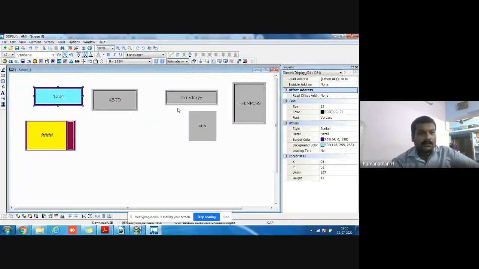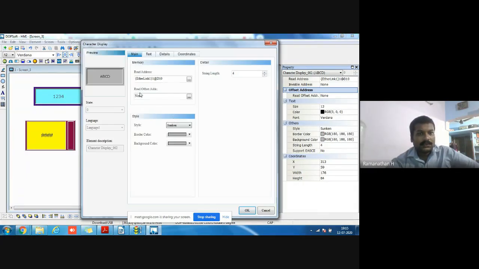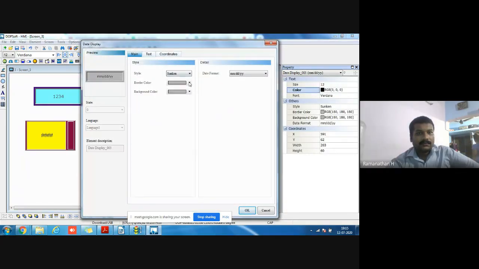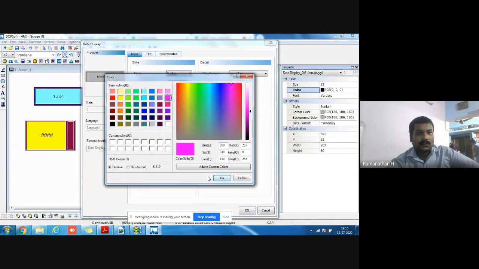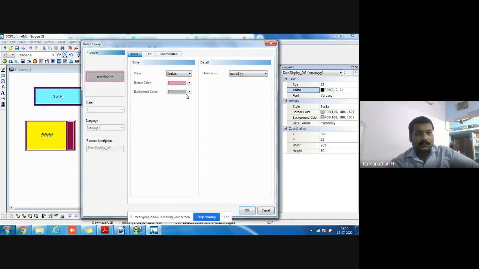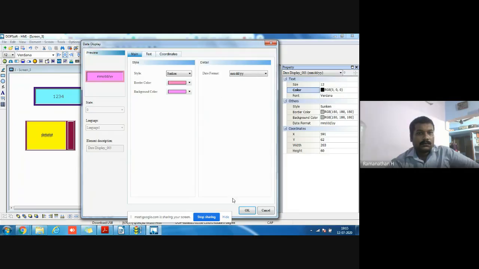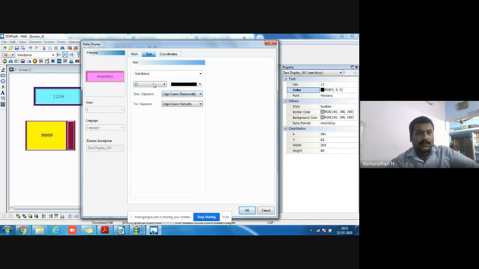For all things, we change the animated colors, and text also we want to change. Same here also. Change the format and change the background. We want to change the text.